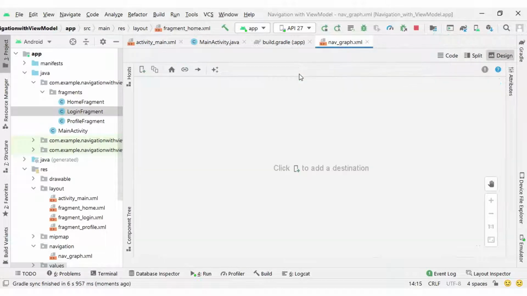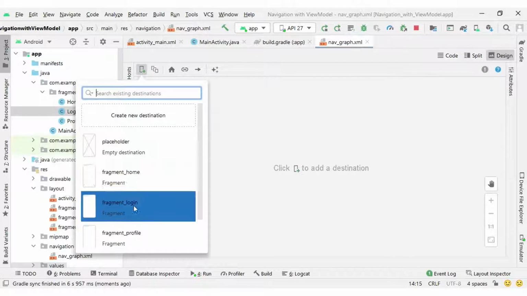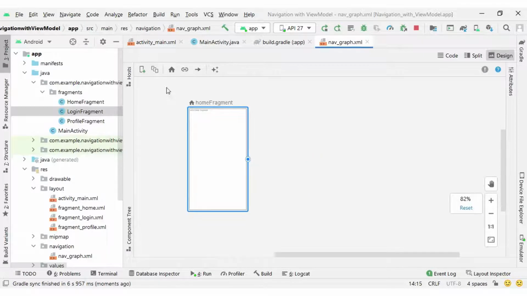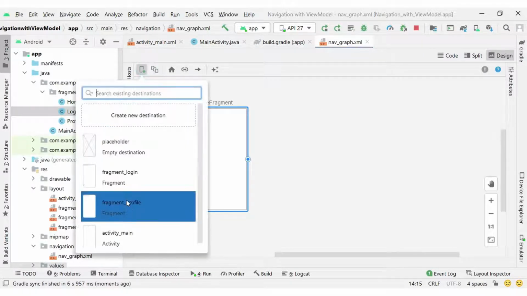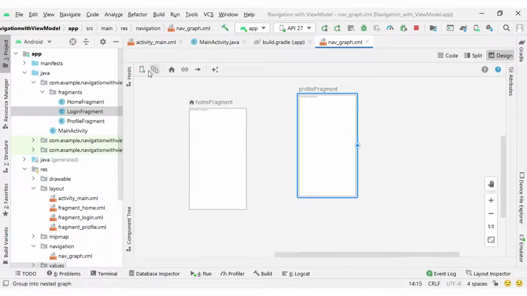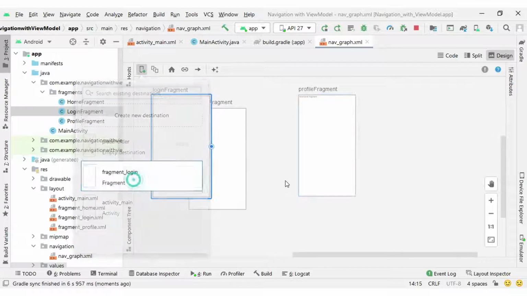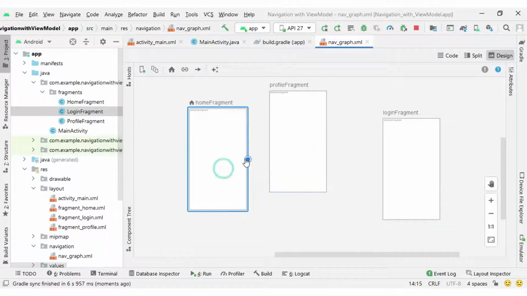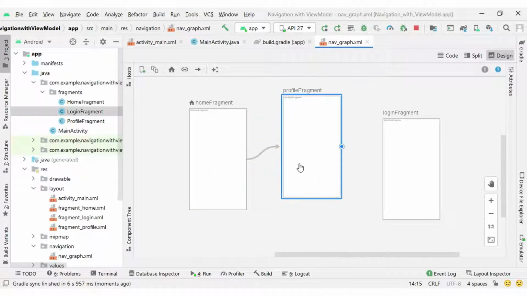Okay, so we have three fragments, and inside our nav graph xml file I will add those fragments as destinations: first the home fragment, then the profile fragment, and then the login fragment. From the home fragment I will navigate to the profile fragment, and on the profile fragment we will confirm whether the user is logged in or not.